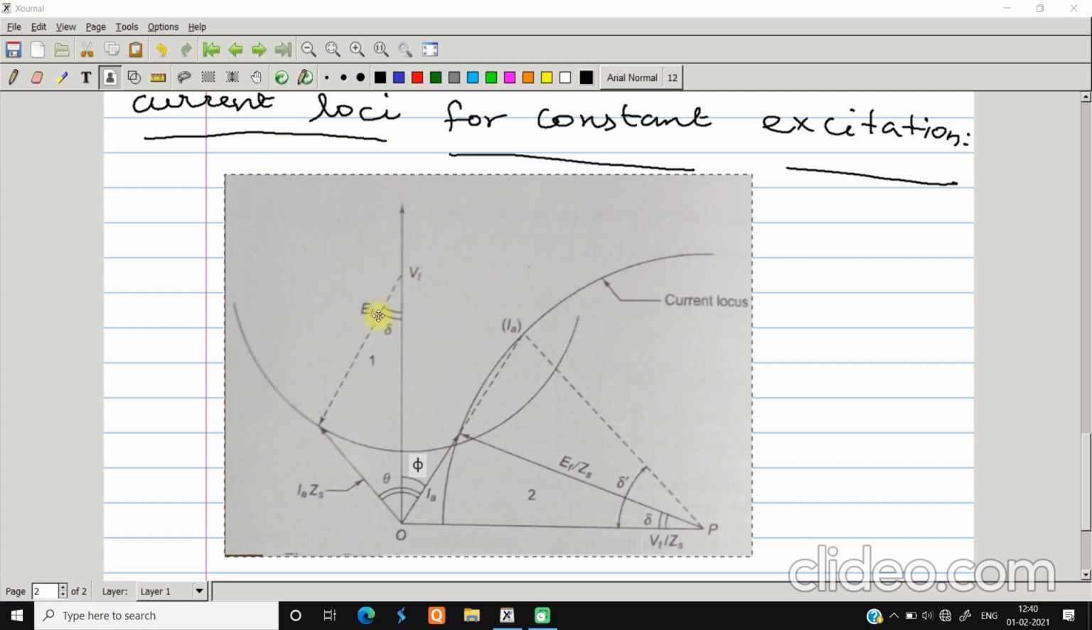So in order to have the constant excitation, we need to have the Vt as the base vector, and Ef will be at an angle of delta. So we will be having this particular constant excitation so that this delta will be constant. But since the delta is going to be constant, the other side of this particular triangle, that is the Vt, will be having